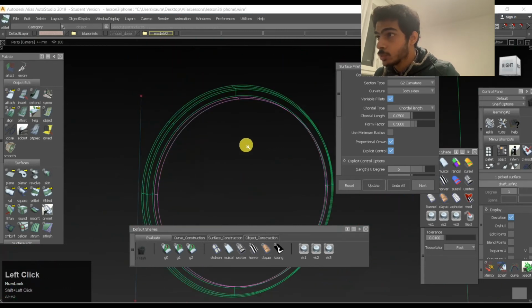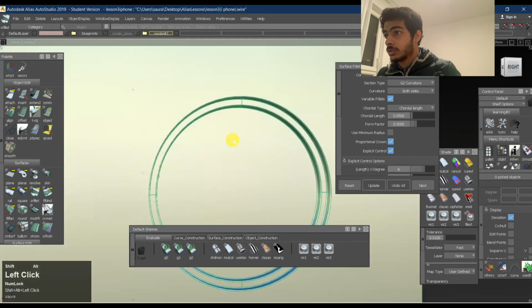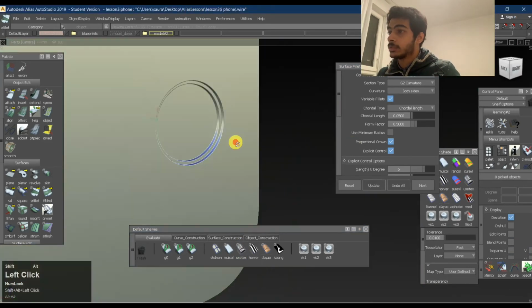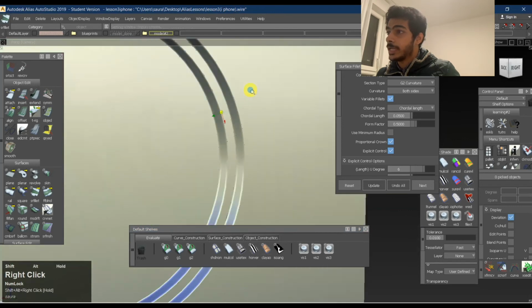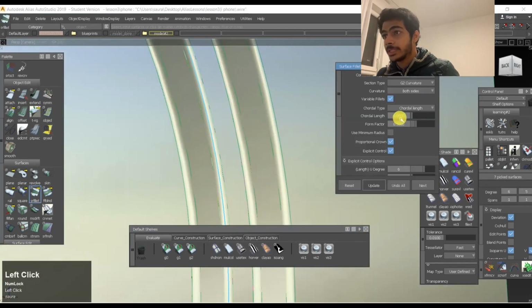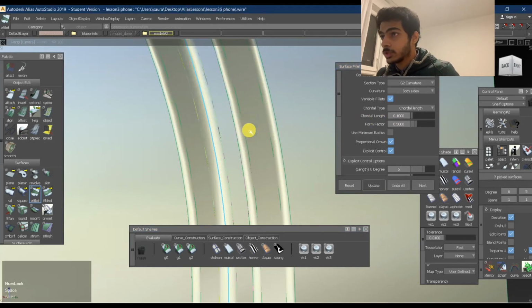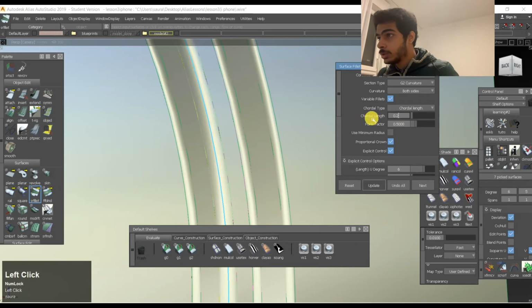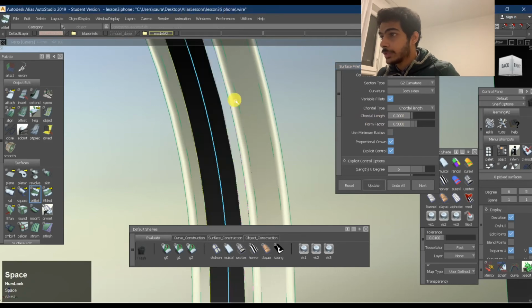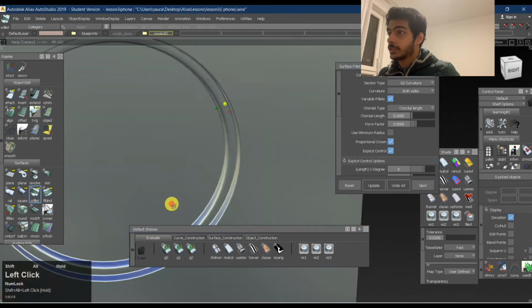Using one single tool in different ways is also what you can try to achieve something like this. I think this fillet could have been a bit bigger, maybe something like 0.1 or maybe 0.2. Yeah, I think this should work. Something like this might work.